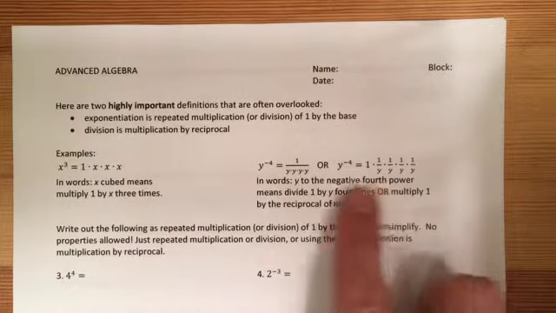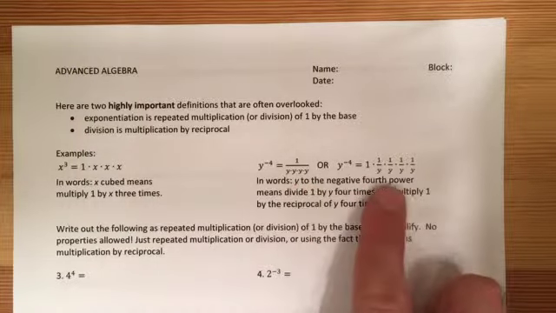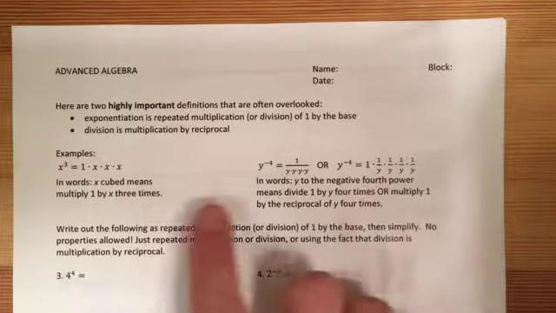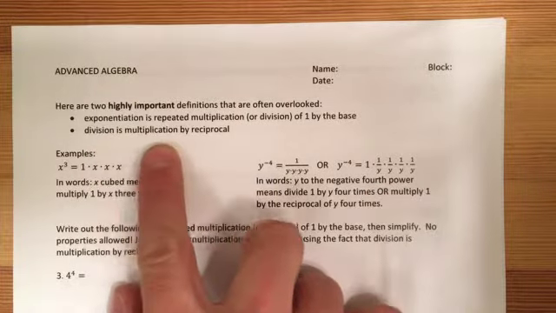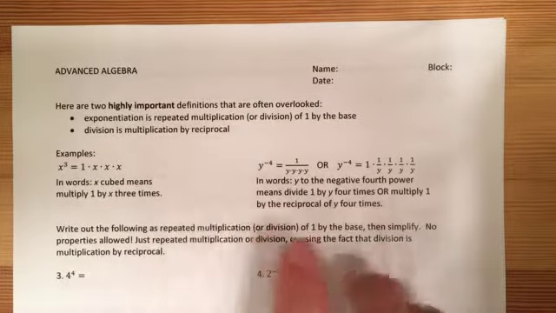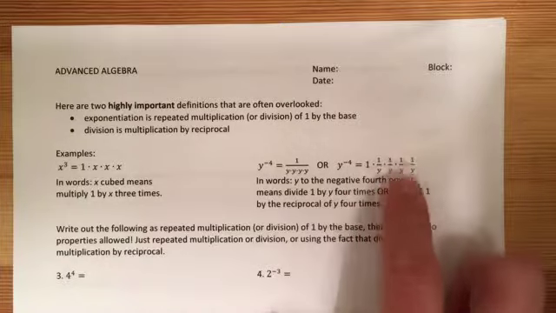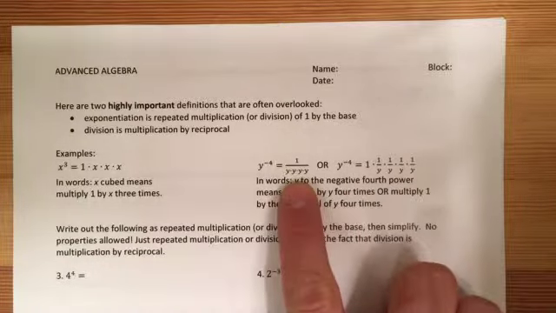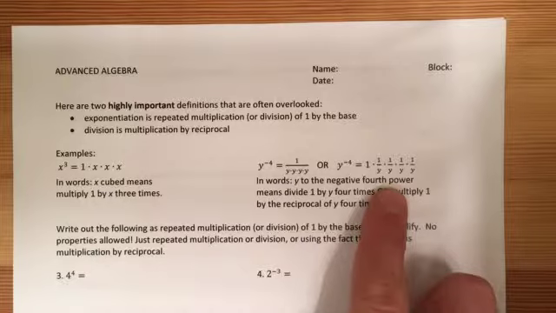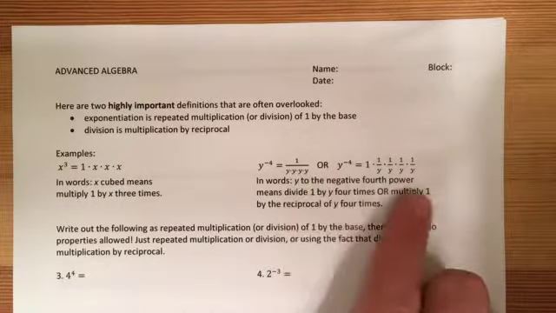And a reminder here that if you're dividing by y, that's the same thing as multiplying by the reciprocal. That's how division is defined. Division is multiplication by reciprocal. And so y to the negative 4 is the same as 1 times 1 over y times 1 over y times 1 over y times 1 over y. So sometimes it's easier to divide, sometimes it's easier to multiply by reciprocal. We want to be flexible